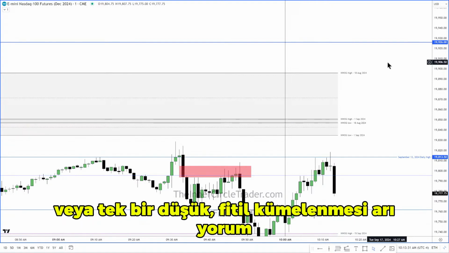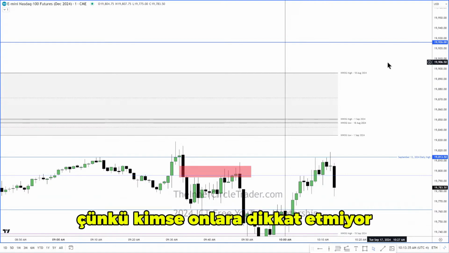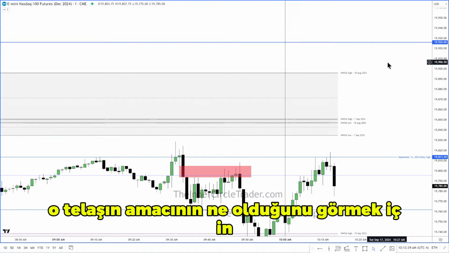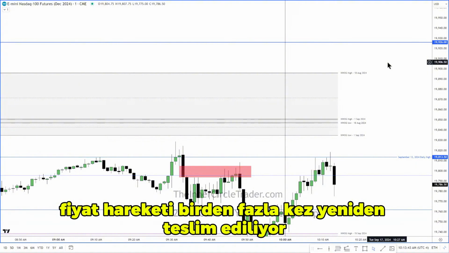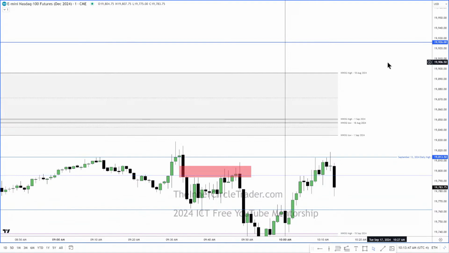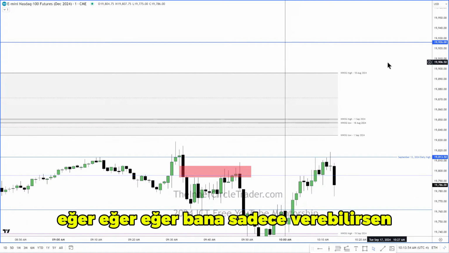I'm looking for clustering of wicks, because nobody's paying attention to them. No one's making any effort to see what was the purpose of that flurry of price action, redelivering multiple times in that area where you have multiple wicks overlapping. Right. You think the algorithm, if you can just give me